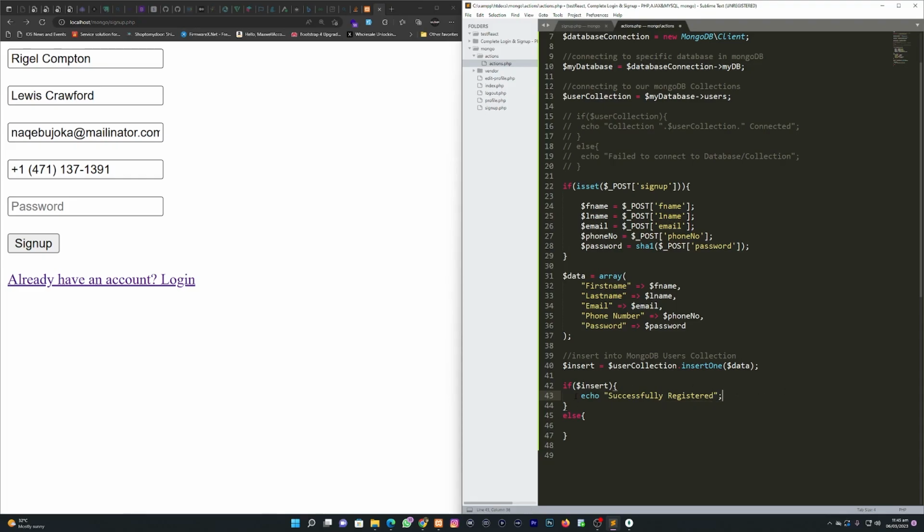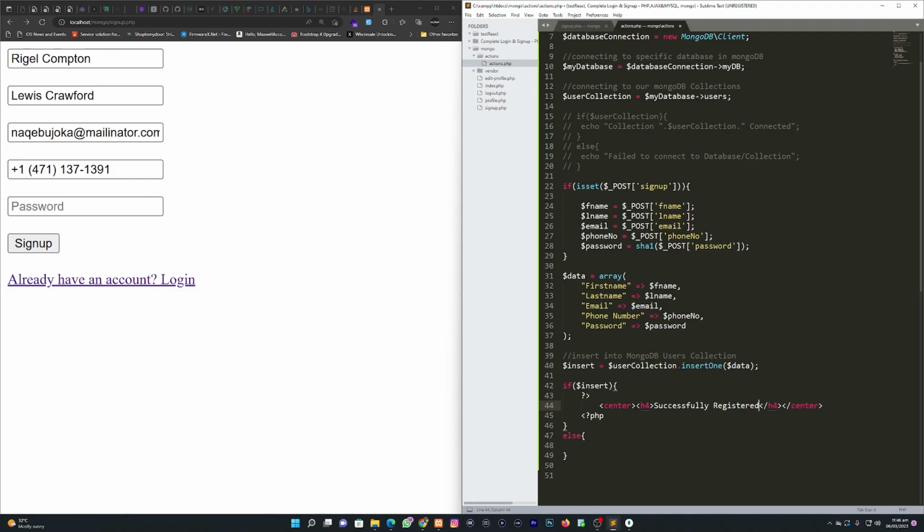Okay, then I'm just going to do a root echo, then use this. So I would say center, use h4, successfully